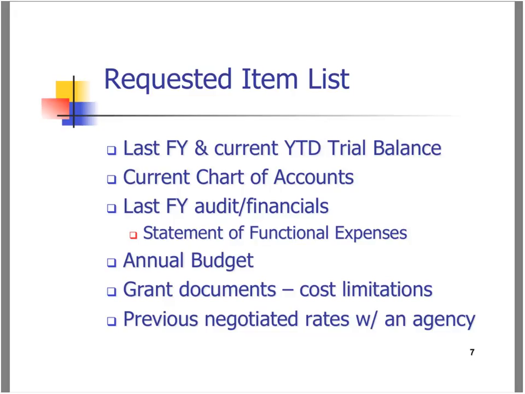Certainly, you would want to look at grant documents for any cost limitations. Many of you who are in the Ryan White world know that Part B or some of those parts limit administrative cost to 10%, so that obviously has an impact on your indirect rate. The reason you may be looking at it in spite of that is because maybe you're looking at other non-Ryan White